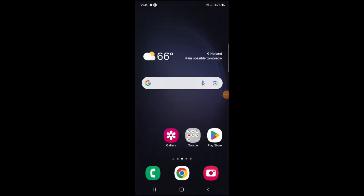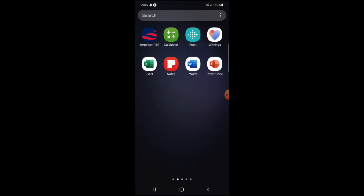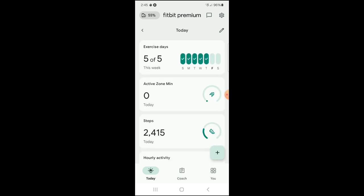Alright guys, so let's find my Fitbit app here on my phone. This is an Android phone. And to point out primarily some diet and how that affects sleep or recovery time. So I'm going to go to the dates that I mentioned so far in the video, starting on